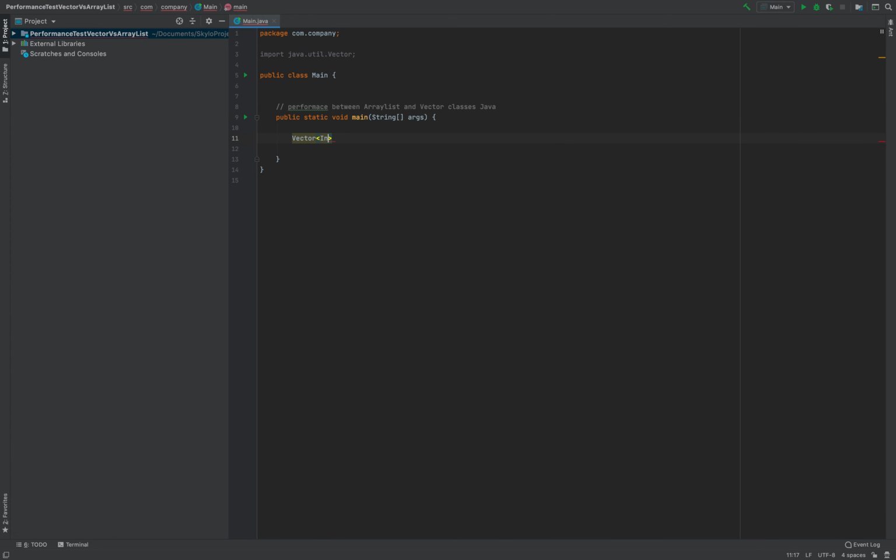Let's say I'm going to have a vector of integer, vector equals new vector. I'll just create an object, and now I'm going to add something like this much of